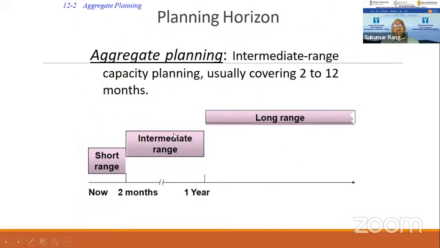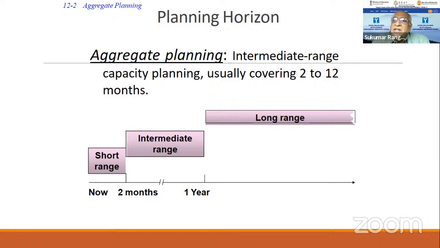Then we come to planning and the planning horizon. We talked about planning in a general sense earlier. You need to have aggregate planning at least for a year in any organization. Intermediate planning horizons in organizations cover anywhere between 2 months to 12 months. In fact, in one of the organizations where I was working, we would always plan at the beginning of the month for the month, plus 1, and sometimes even plus 2.